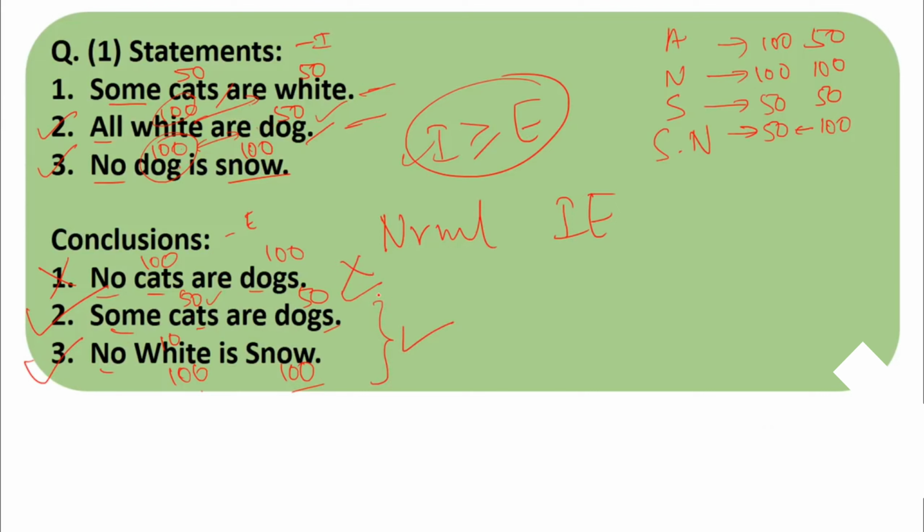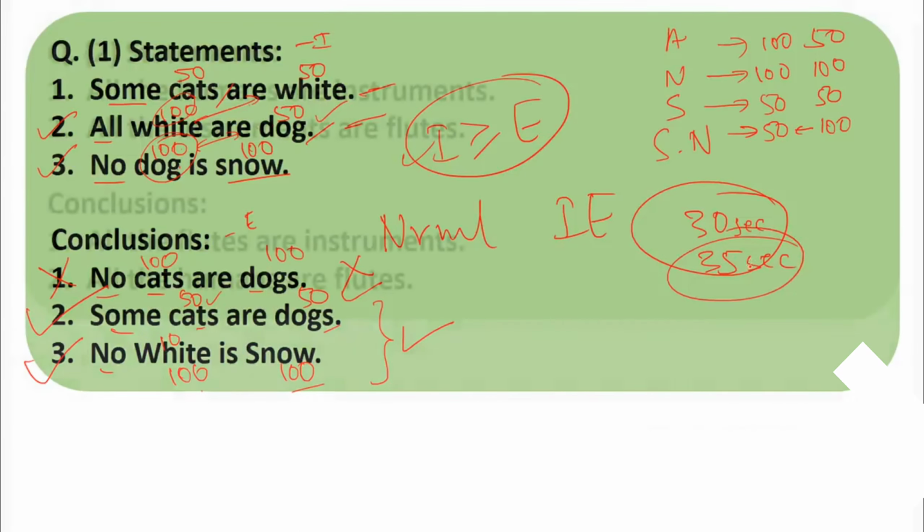See how easy it was? Very easy. Here I am talking to you, and that is the reason you might feel that this is taking too much time. But when you solve it on your own, this is hardly going to take you 30 seconds. With 3 sentences, hardly 35 seconds, 5 seconds more, nothing more than that. Moving on to the next question.